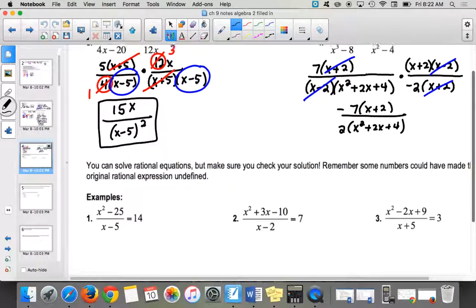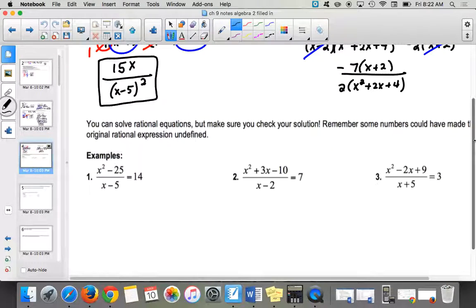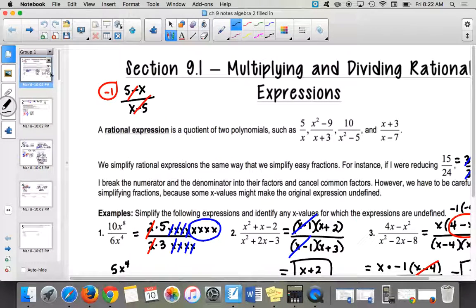Okay, so the next portion says you can solve rational equations, but make sure you check your solution. Remember, some numbers could have made the original rational expression undefined. So there are numbers that make our rational expression undefined. I don't know if we talked about this before, but basically, when you have a rational expression like